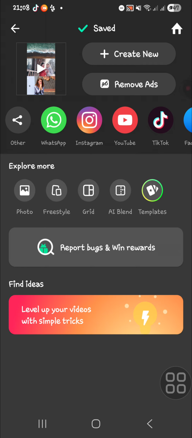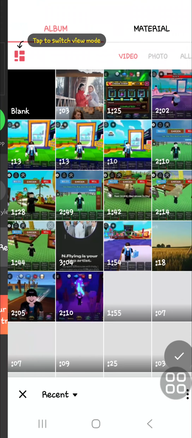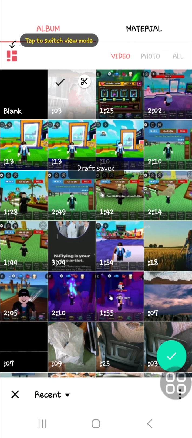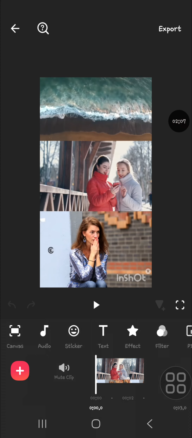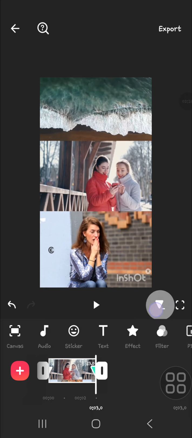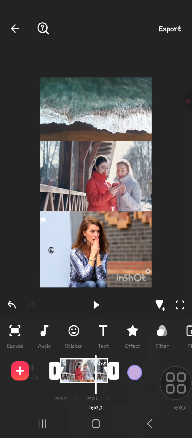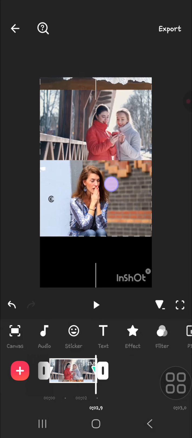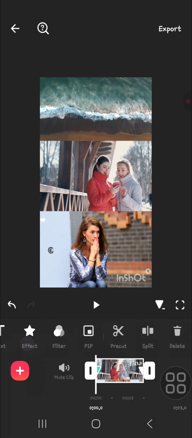But before that, guys, you can create another video collage, but I'm just going to use the same video. I'm going to create a new project and import the video collage we have just exported. Okay, and for this video, I'm going to add a keyframe. We can add 2 keyframes to the first part and also the end part. And then you're going to scroll it up like this, move it up, and then you're going to add the